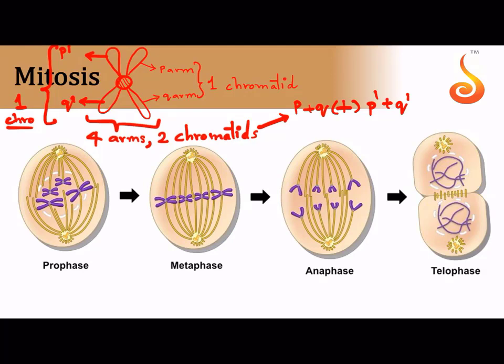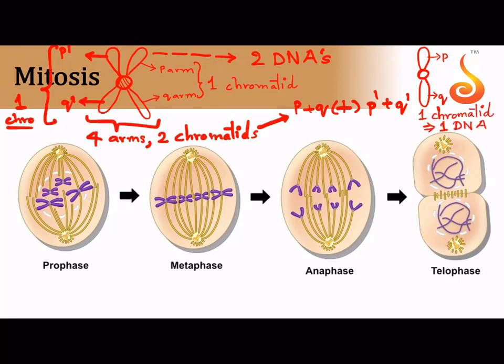And this chromosome has how many DNA molecules? If it has 2 chromatids, we say that the chromosome is duplicated. It has 2 DNA molecules. However, if I take a chromosome with a centromere and having only 2 arms, a P arm and a Q arm, that means it has how many chromatids? It has only one chromatid. When I say that a chromosome has only one chromatid, that means it has only one DNA molecule. Okay? But how did 1 become 2?